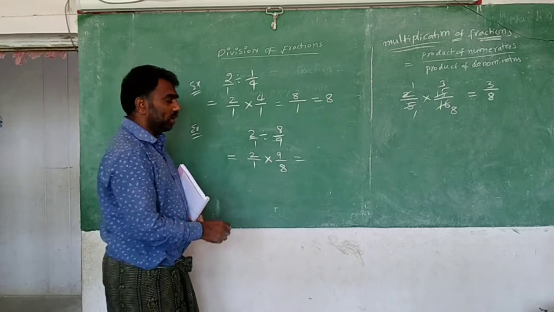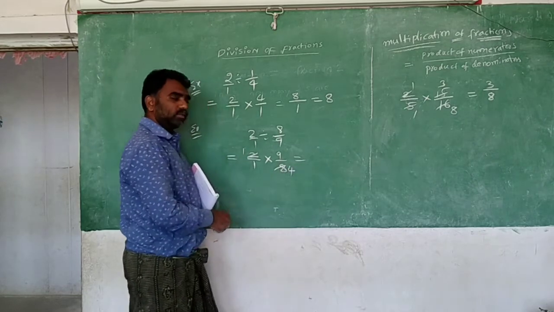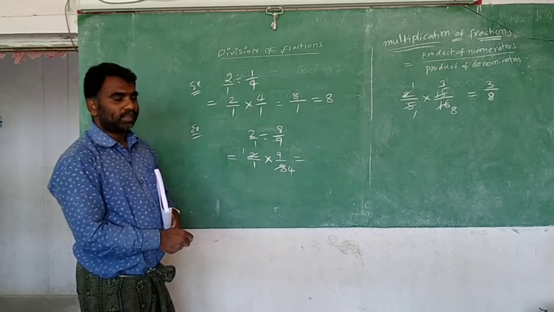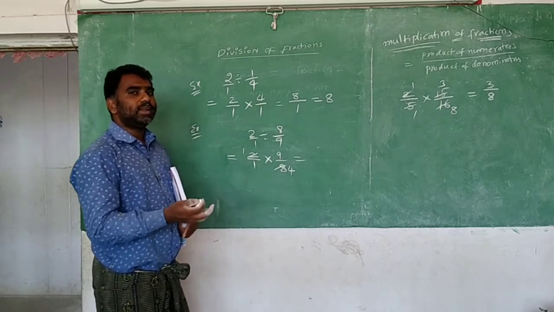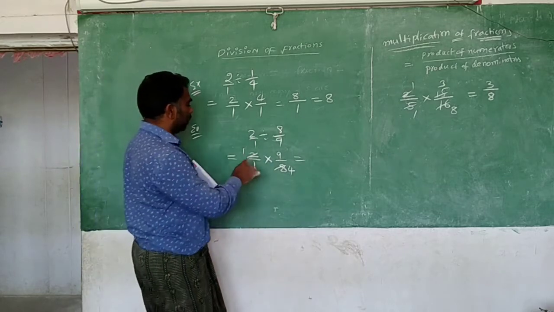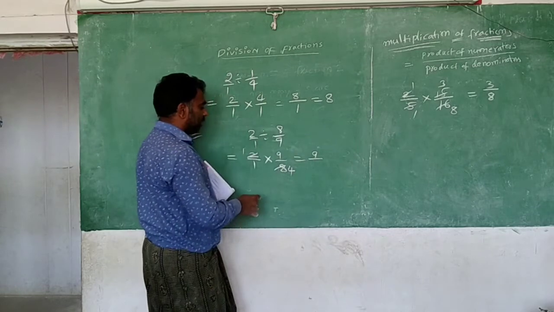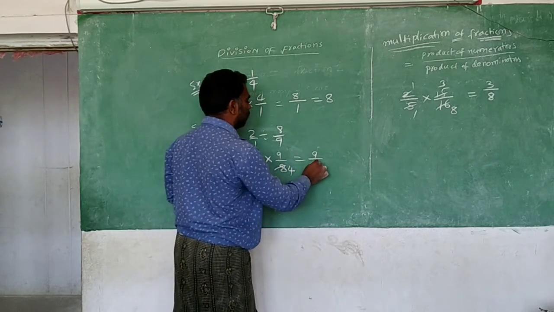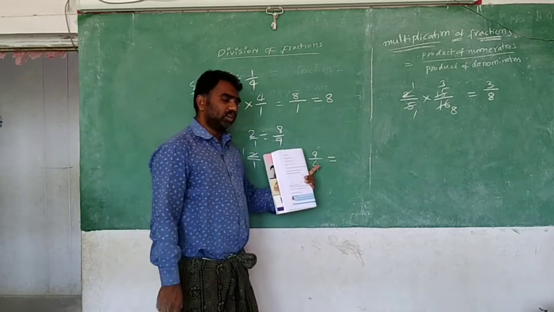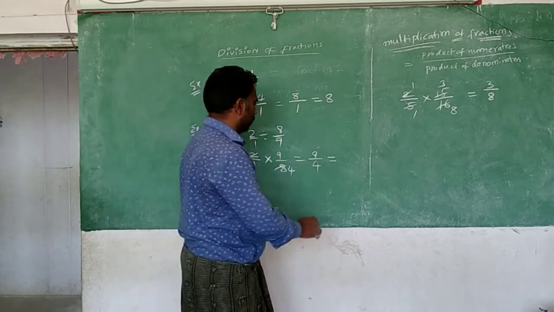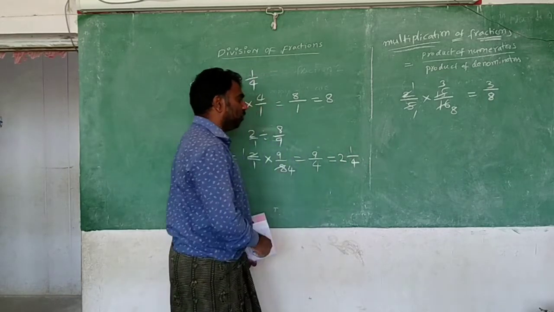In which table both will come? 2 table. 2 ones are 2, 2 fours are 8. Now there is no choice. Then afterwards what should we do? Multiply the numerators and multiply the denominators. Multiply the numerators, 1 and 9 left. 1 9s are 9. Multiply the denominators, 1 and 4. 1 4s are 4. And you see it is an improper fraction. Convert it to mixed. 4 2s are 8 and 1 left. 2 1 by 4.